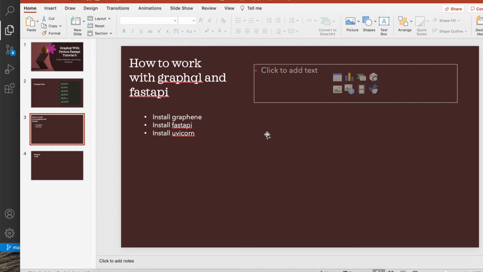Hopefully it is clear now why these things are super important, and the most important thing is that your Python version has to be 3.6 or higher, or else you will not be able to install Fast API, or if you are able to install, sometimes it will not show any error, but while working with it you might face different sorts of errors. That is why it is always advisable to use Python 3.6 or higher.